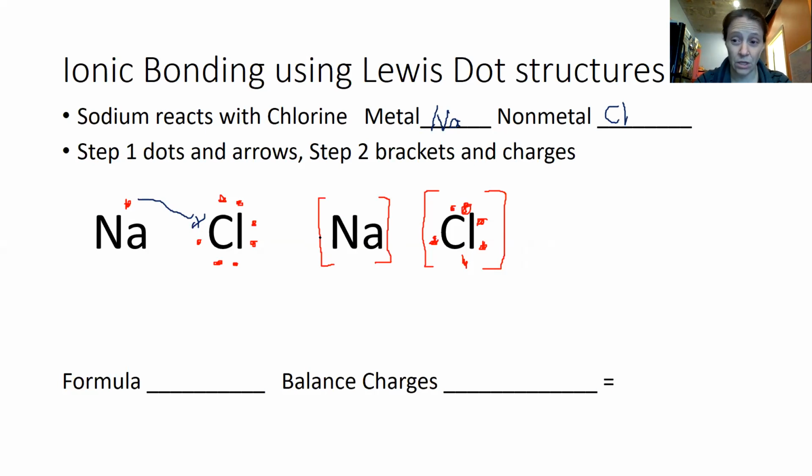That's also a common mistake for students, okay? And when it loses an electron, it's going to become more positive. So now I have a +1 charge. And chlorine gained that electron. So I have to make sure I put this X in here to indicate that that electron got transferred in. And then it gained an electron, so it's going to be a -1 charge. My formula is going to be a 1-to-1 ratio. And I'm going to end up with